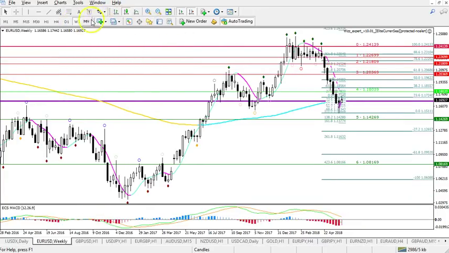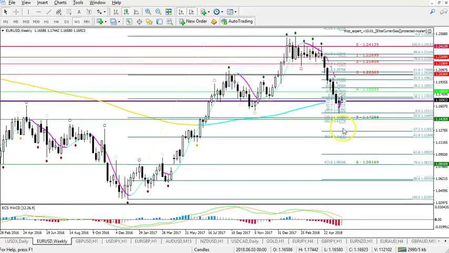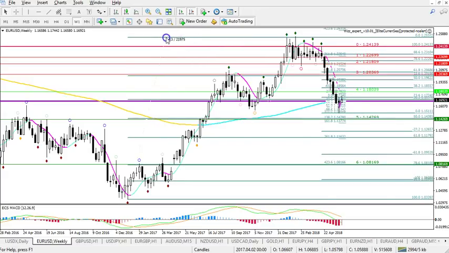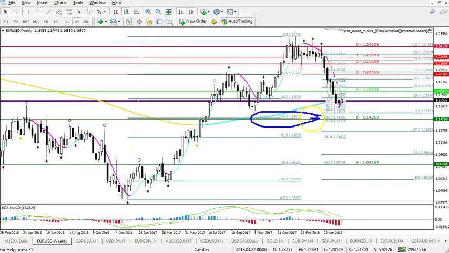And if we put a fib from this bottom to this top, then you see a 50 fib around 114.40-ish. Let's see, maybe we don't see it right now. Let me do it like this. There you go. All right, so that could be, together with that fifth Wiz level, a bigger bouncing spot,